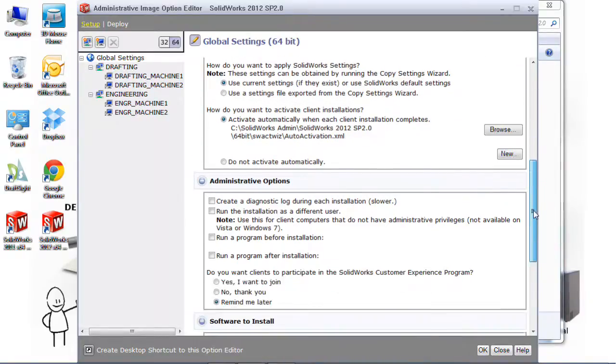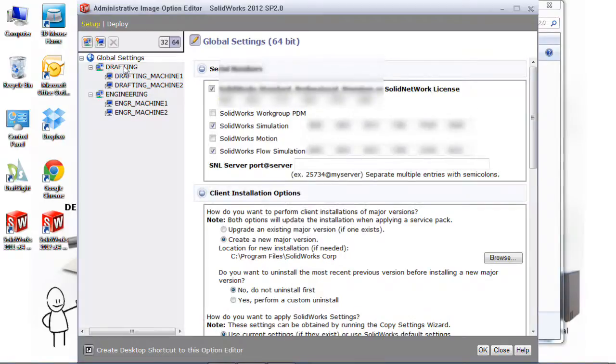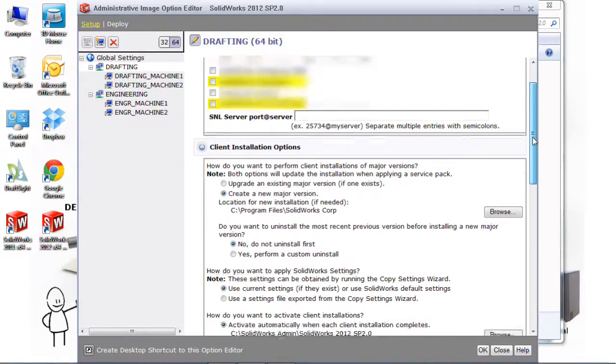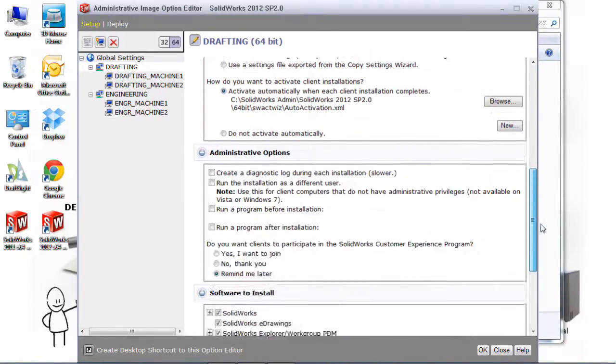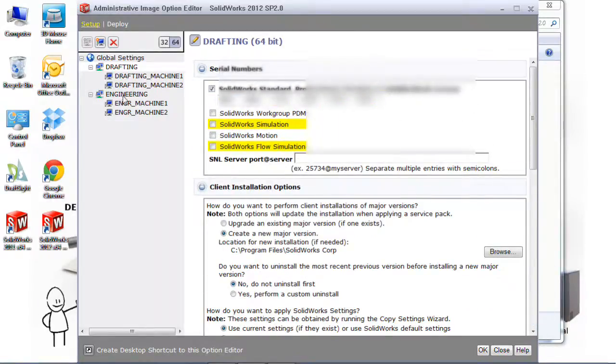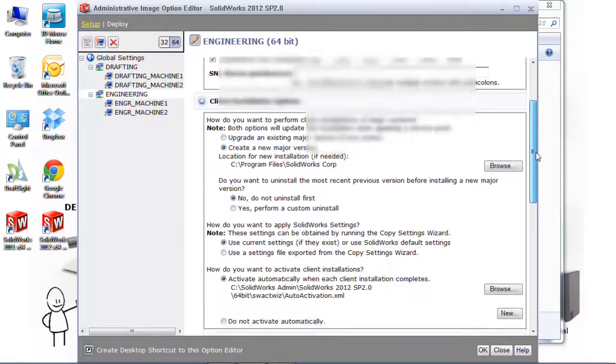And we'll come back down. Everything else looks good for the globals. So again, we'll take a look at the drafting side. You can see these two serial number boxes here turn yellow because they are different from the defaults. And then for the engineering machines, we want those to have everything, so we're not going to make many changes to that. We can just take a look down through here. You can see